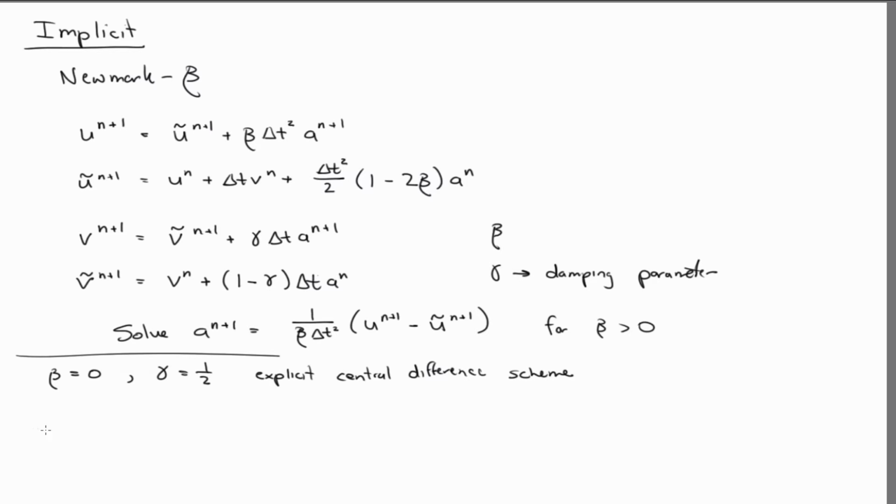That's what we derived last time. If we choose beta equal to a half, gamma equal to a half, we have an undamped trapezoid rule. Right, so trapezoid rule, remember, if you